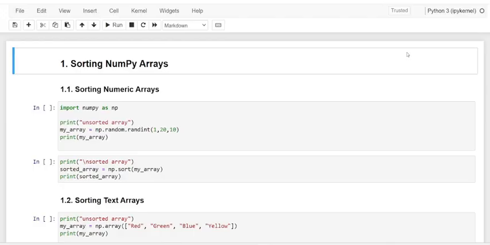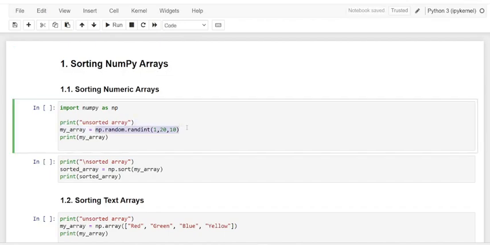Here is an example showing how to sort a NumPy array of 10 random integers. Here is the function with which we collect 10 integers, randomly selected between 1 and 20, and store them in the variable my_array.